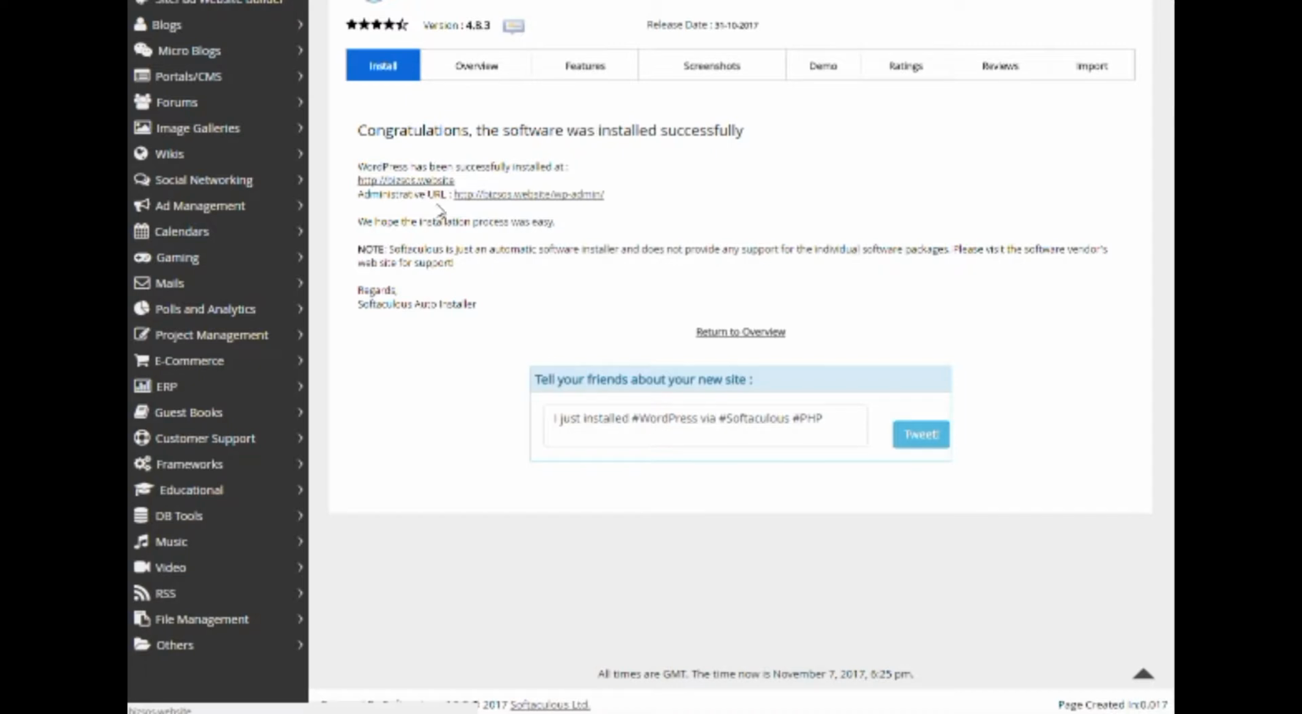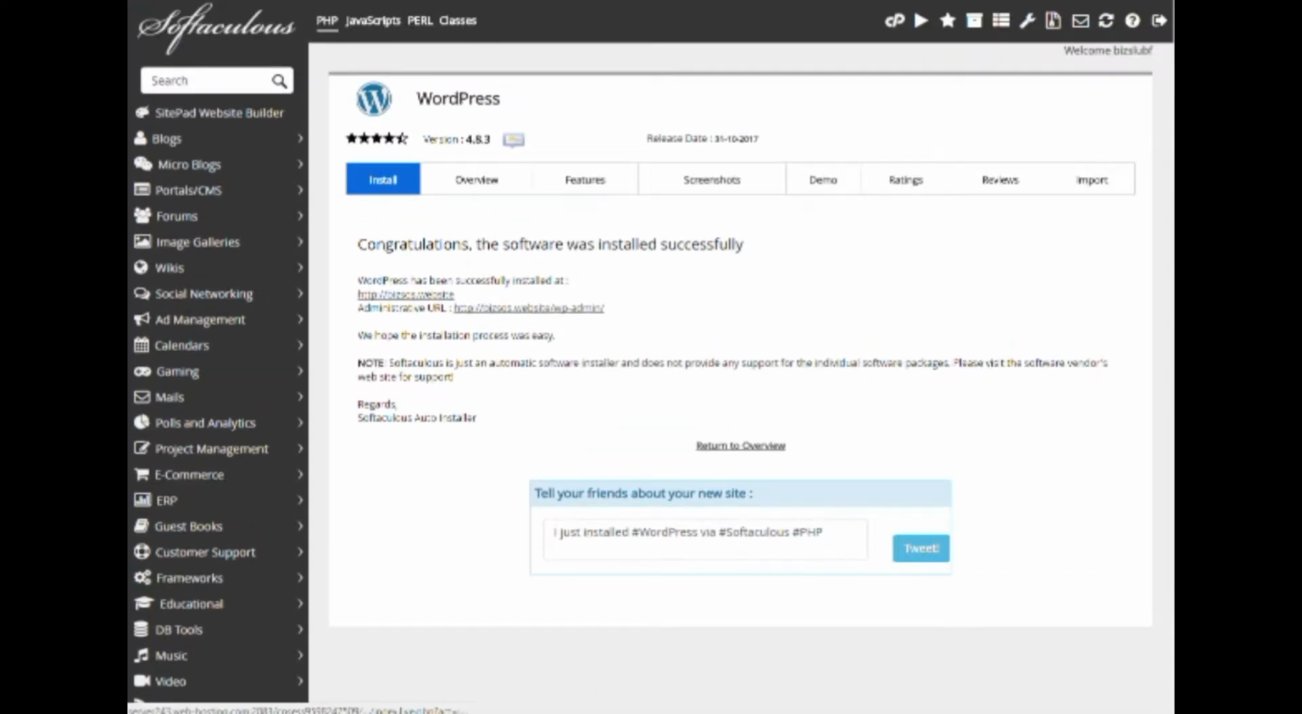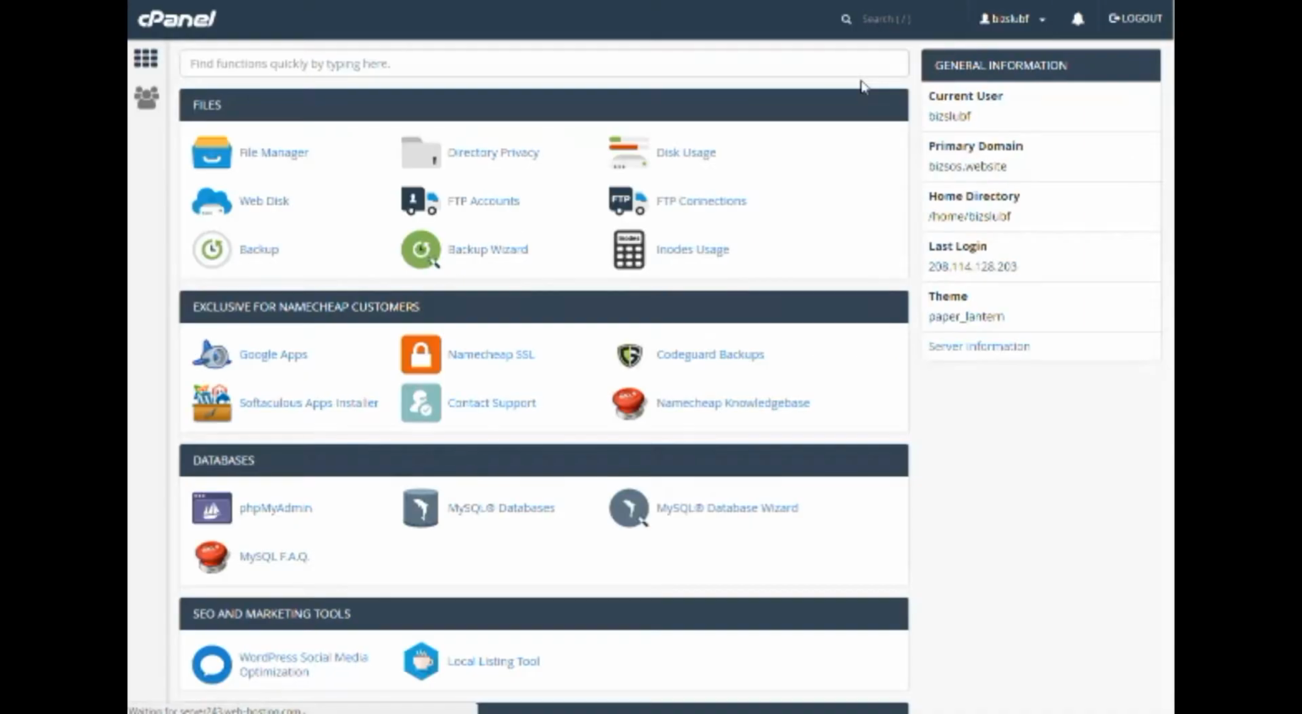It says it has been successfully installed. It's showing us the domain name, your admin URL, which is pretty much always your domain name /wp-admin. But you will want to take that and copy that down somewhere. Have yourself a nice Word doc or a note on your computer somewhere where you're saving all this login info. So they have all this other stuff here you can tweet, but we're just going to go back to the